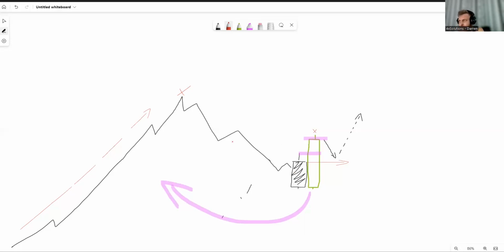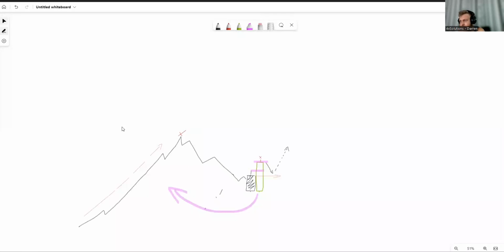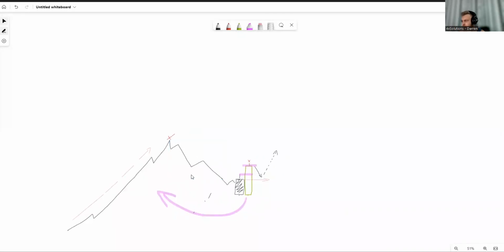Was it strength? What happened here? Because the only way you're going to know that is by looking at something that is correlated to the asset, and whether this asset be oil or gold or silver or index or crypto, it doesn't matter. Okay, you need to look at the corresponding asset class. So if we are looking at the corresponding asset class, it would have likely come down and made a low like that one made a high and started to rally away here. Okay, so in order for this to be some kind of valid bullish order block that we are wanting to trade here, when the correlating asset class